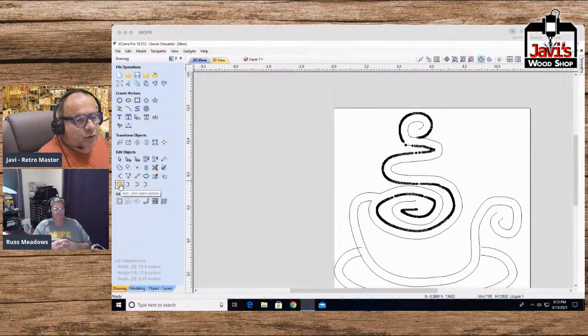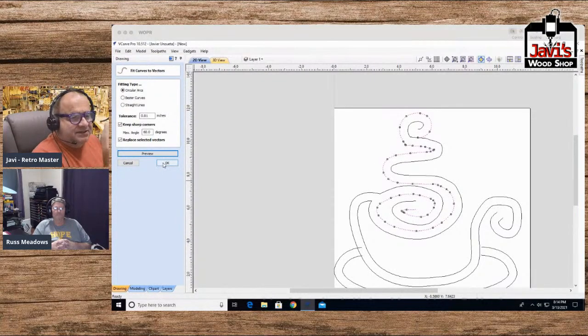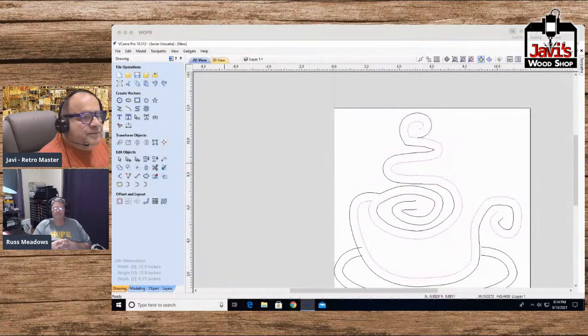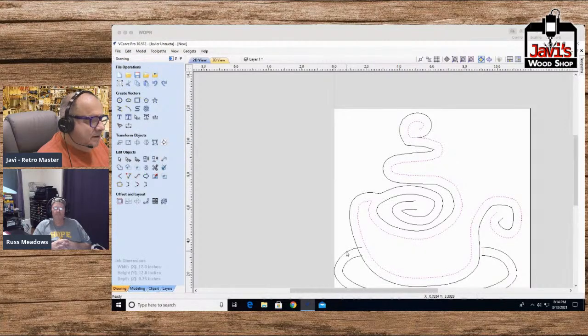The smoothing tool, where is the smoothing tool? There it is. Fits curves to vectors. Is that it? Yep, that's the one. And then I'll say preview. There it is. That's perfect. That's exactly what I want. Click OK. Now this one here, same thing. Next one. Sorry, thank you. Curve fit, preview, OK. And these two,